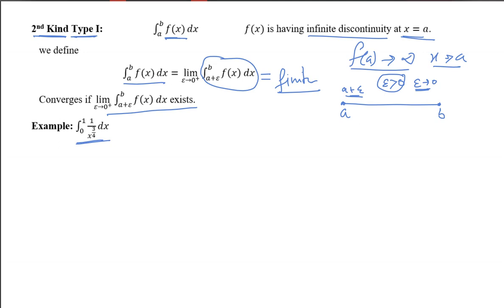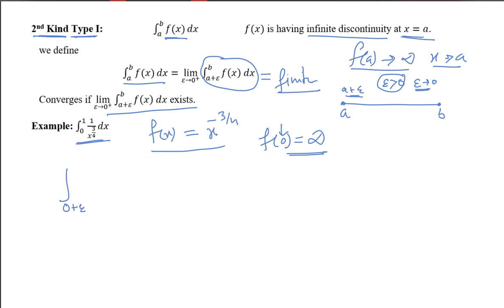Now first you figure out whether it is an improper integration or not. You see, if you put x is equal to 0 over here, the function f of x is x to the power minus 3 by 4 simply. So if you are able to find f of 0, this is going to infinity. So at this point 0 we have an infinite discontinuity, but if you put 0.001 or 0.00002, some very small value over here, you will always get some finite value. So only at this point we have infinite discontinuity, no other points.